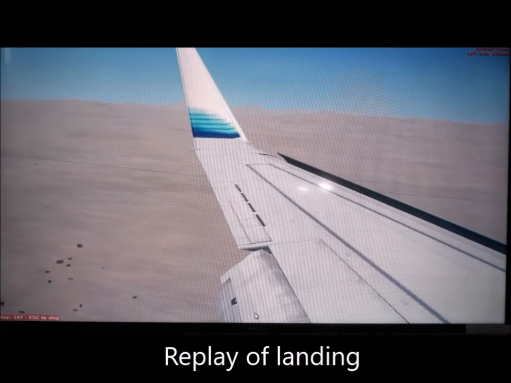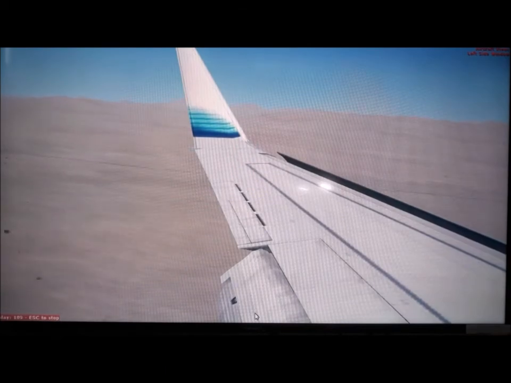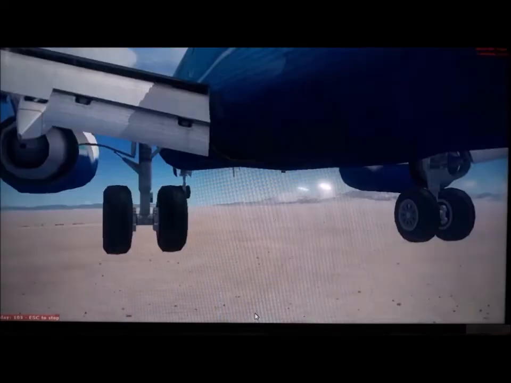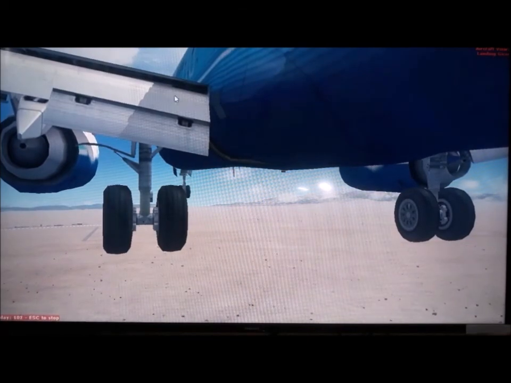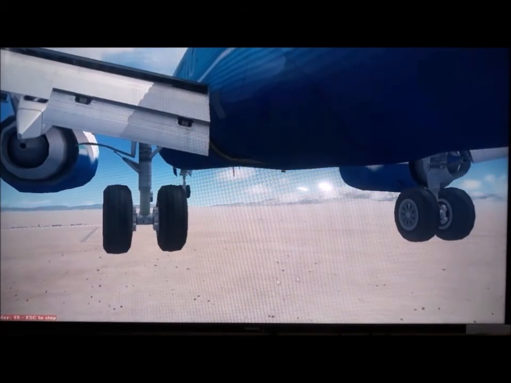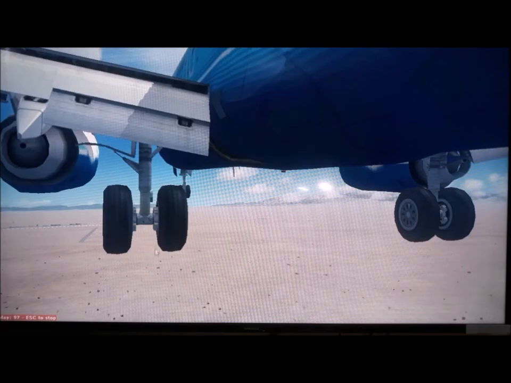The flaps are out, totally out, and landing gear is down. Now it is heading to the runway. Runway is in the center.